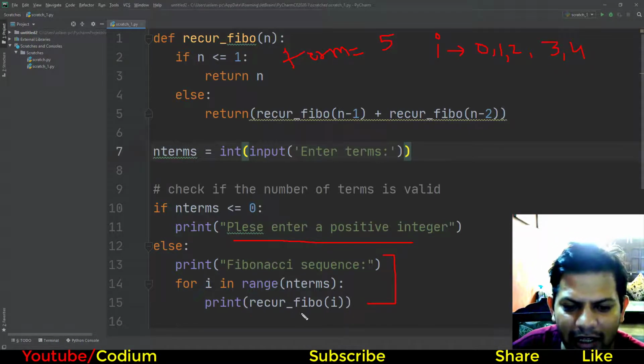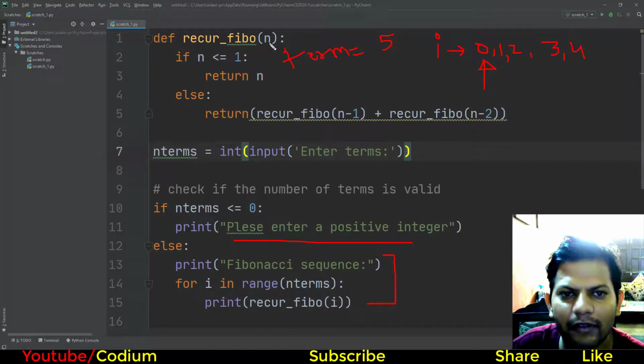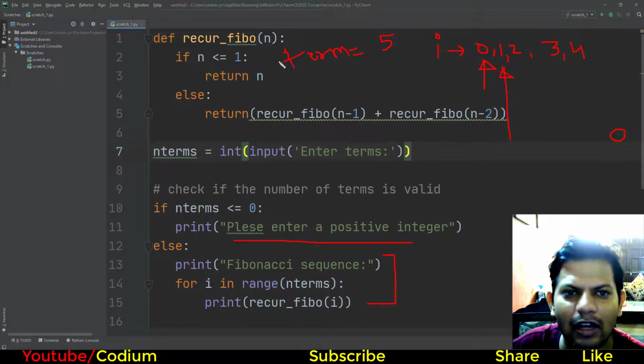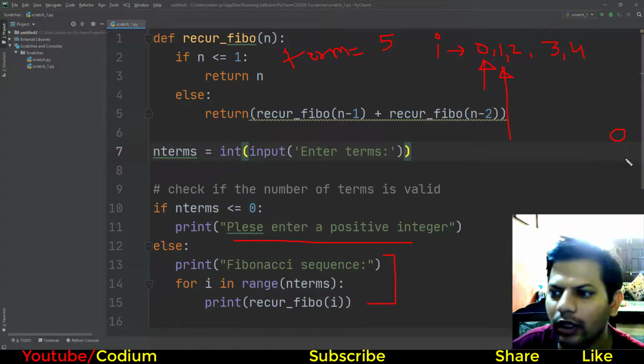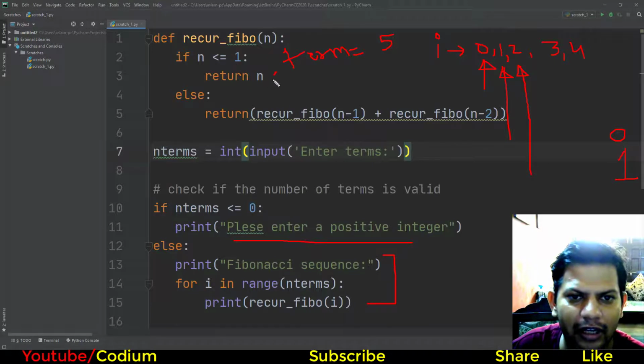Now we print the recur_fibo function of i. The i value starts from 0 to 4. If the i value is 0, it means the n value is 0. If the n value is 0, it means it is less than or equal to 1, it returns n, so the displayed answer is 0. Okay, now the i value is 1, so the n value is 1, equal to 1, it returns 1. Okay, good. Now the i value is 2, it means the n value is 2, it is greater than 1, so it does not return n, but else,